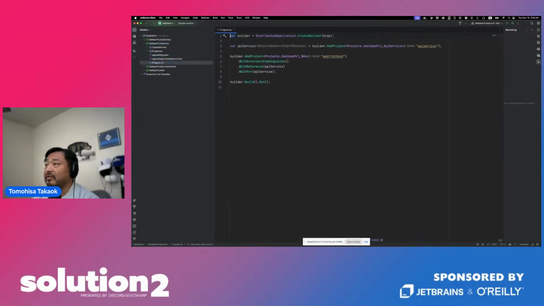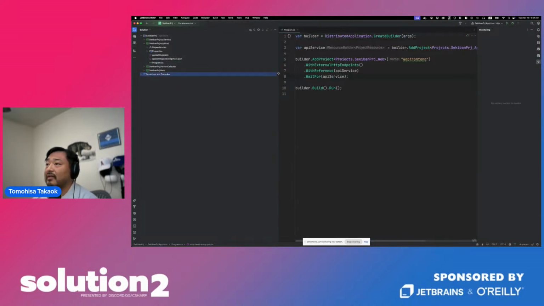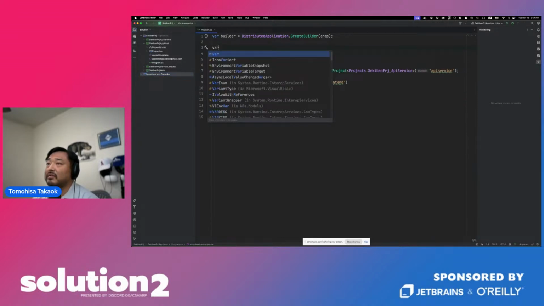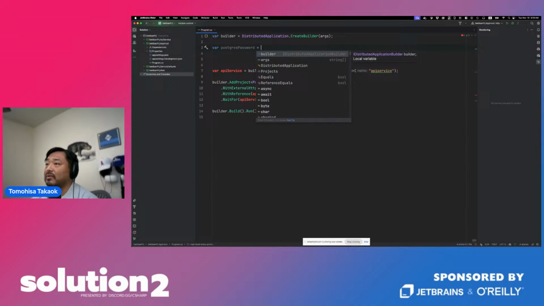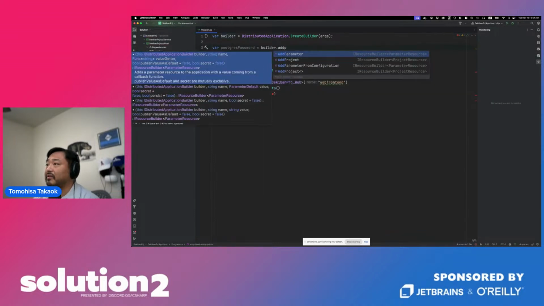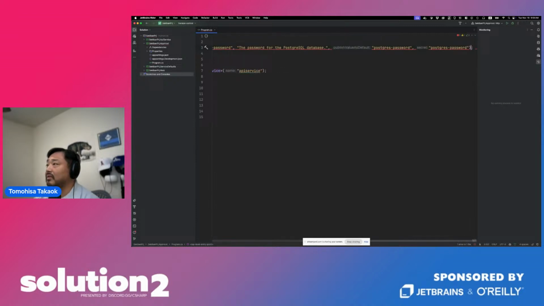And then let me make the characters bigger. Okay, so first you need to add the database. So let's use the Postgres password, builder add parameter, Postgres password.